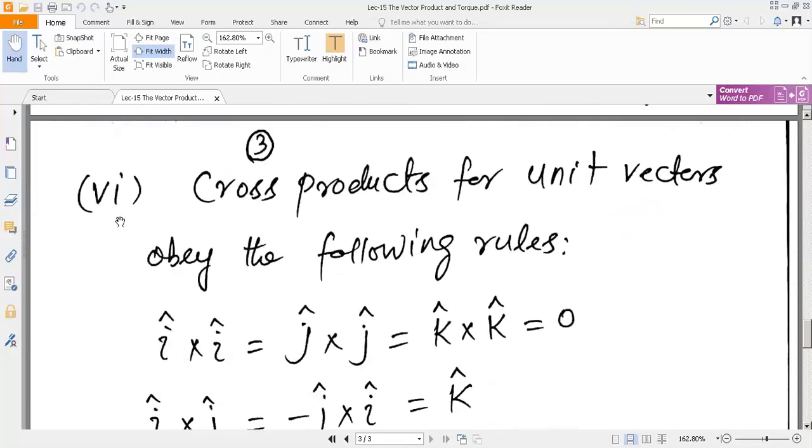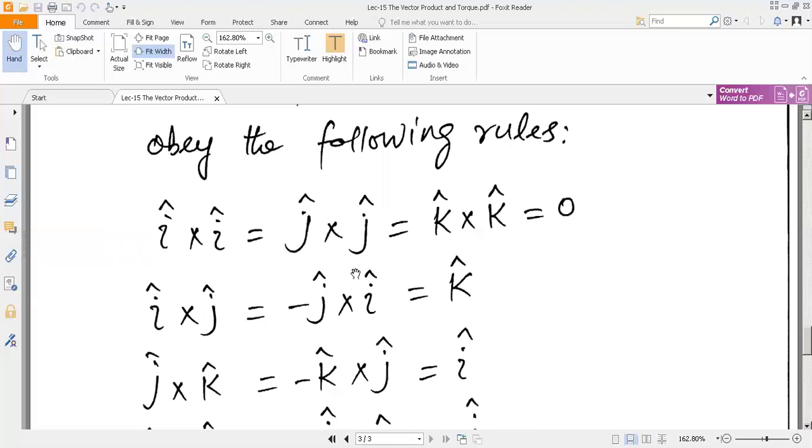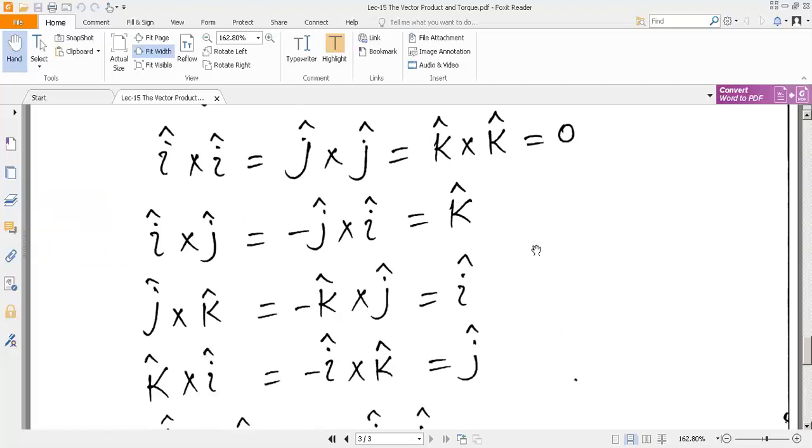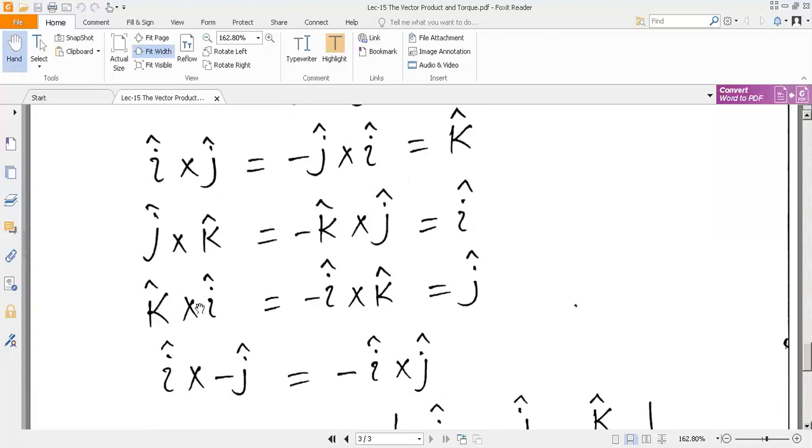And the sixth characteristic of the cross product is that cross products for unit vectors obey the following rules. I cross I is equal to j cross j is equal to k cross k, and in all three cases the cross product gives a null vector. I cross j can be equated to the k unit vector, j cross k can be equated to the I unit vector, k cross I can be equated to the j unit vector, and